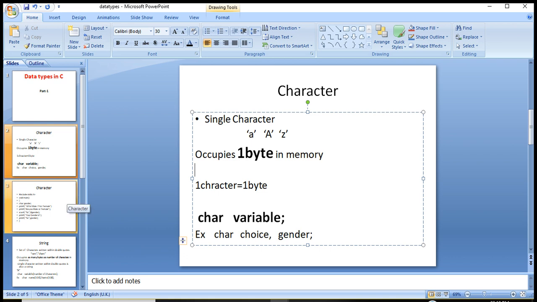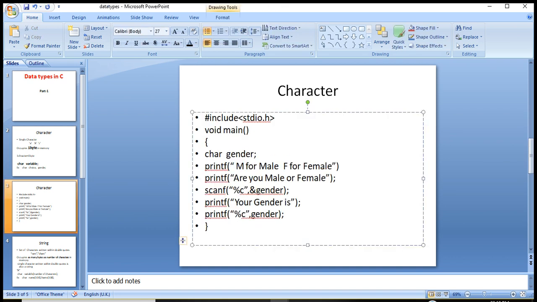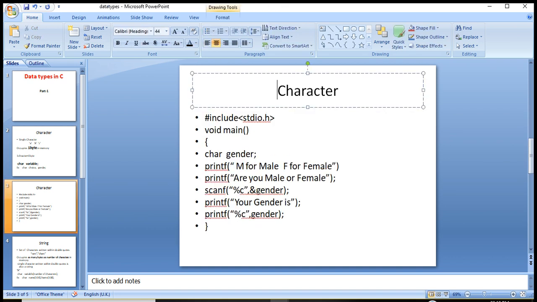Within main brackets, we always write a program starting with #include <stdio.h>, void main, and curly brackets, and within curly brackets we write a set of statements.